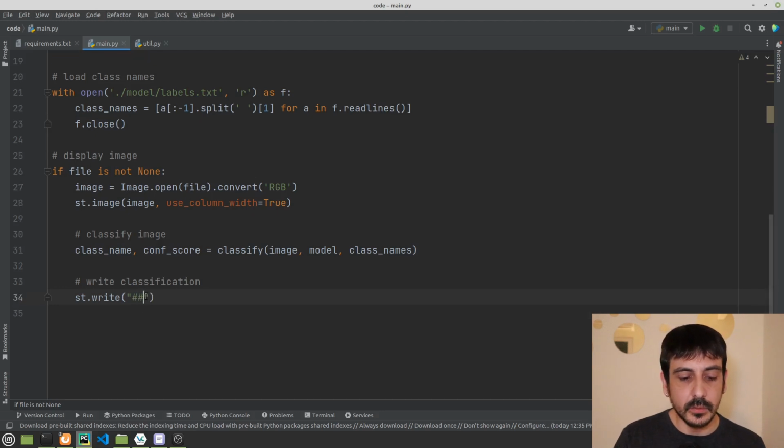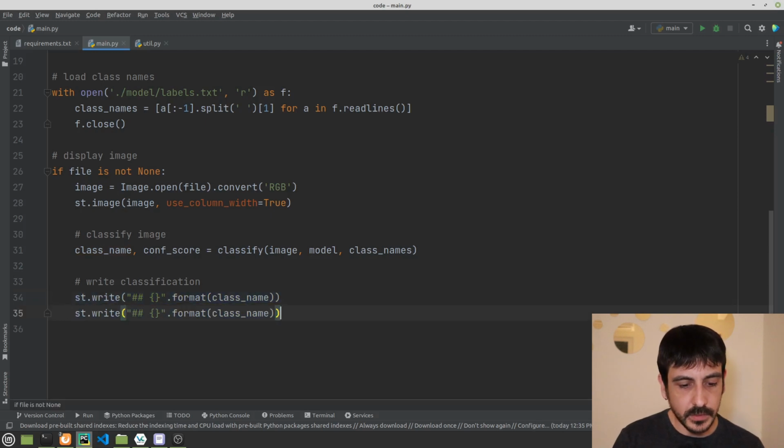This is a very similar syntax as in GitHub, if I'm not mistaken, as in the README file of a GitHub repository. So this is where we are going to say something like, we're just going to print the class name. So this is going to be format class name. This is where we're going to write the category we are classifying, and then we're also going to write the confidence value, right?